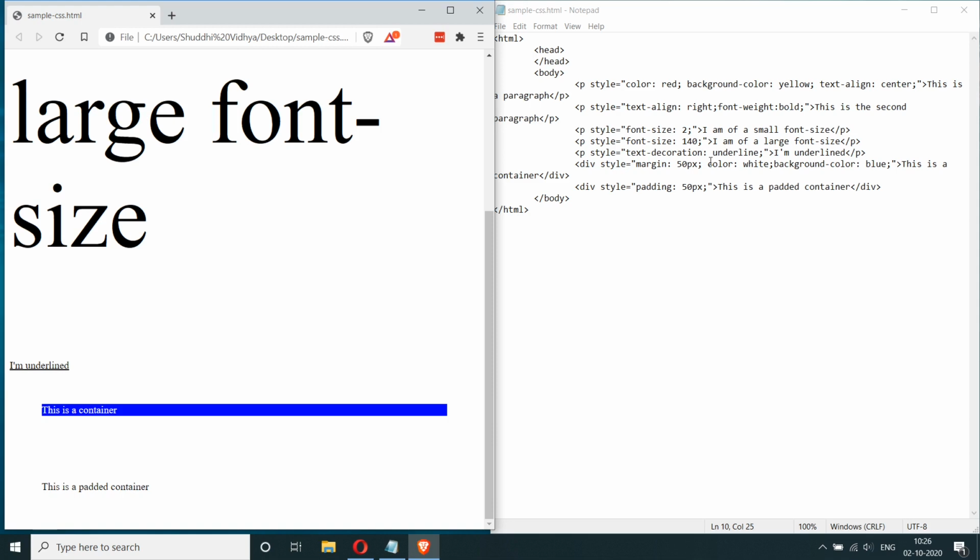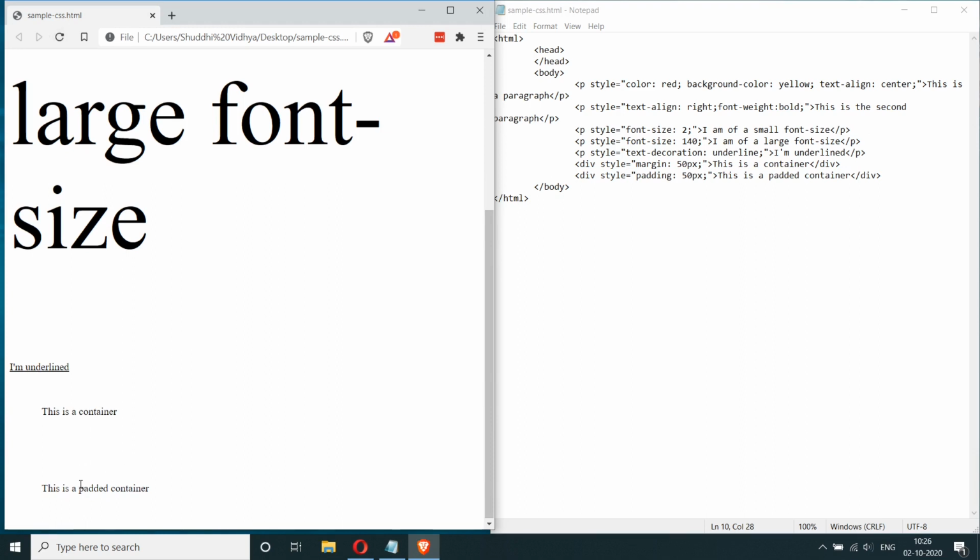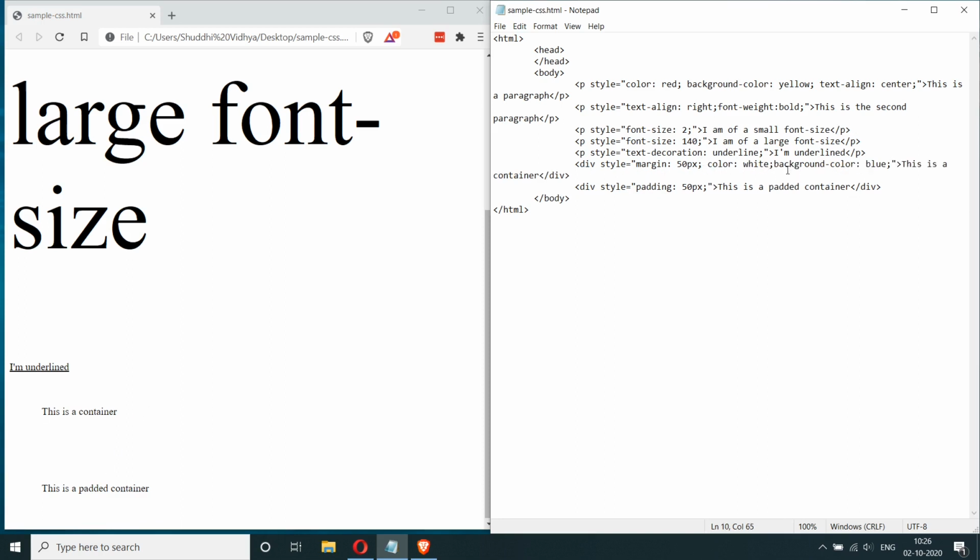I'll also remove this part. So you can see that this and this looks kind of similar. There's a 50 pixel margin around this one, this 50 pixel margin around this one. You may see that why do we need to use margin and padding if it's going to give you the same result. So to demonstrate that, I'm going to give this these properties, and here I'm going to give it background color orange, and I'm going to refresh it.